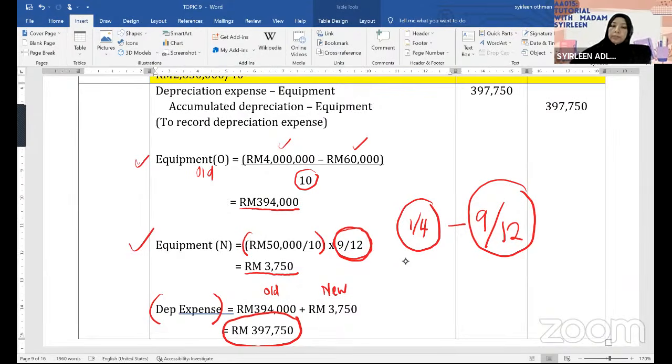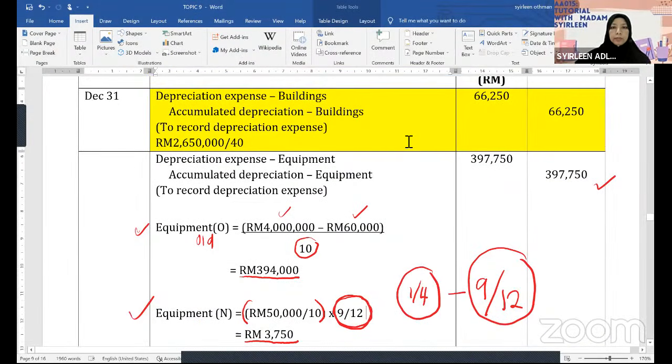Okay, so depreciation expense untuk tahun semasa untuk aset ini ialah 397,750. This is when you are using monthly basis. Alright? Okay. So bila kita nak buat untuk yearly, so the one in yellow sama